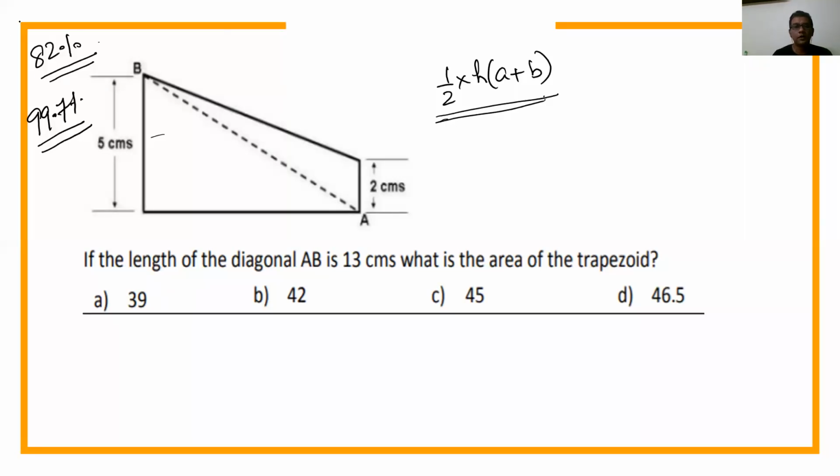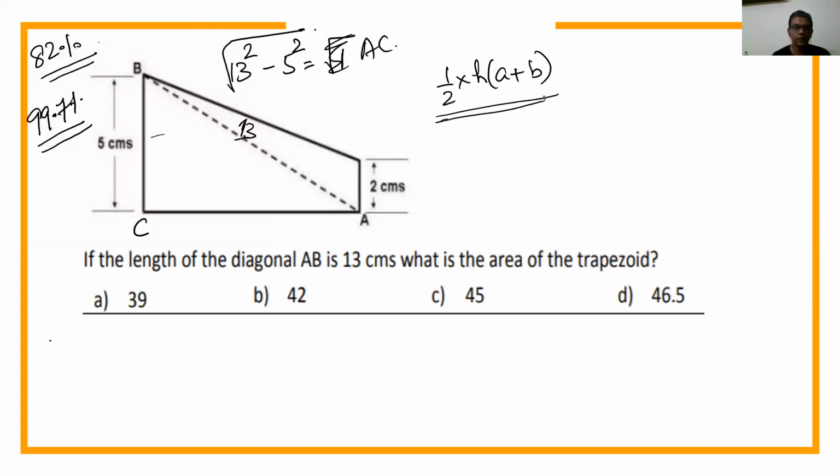So now the point is, I know that the AB line here is 13. And I also know that if I mark this as C, ABC or ACB is a right angle triangle. Correct? So all of you will agree that if it is a right angle triangle, the Pythagoras theorem says that 13 square minus 5 square, the square root of this, is nothing but AC. All of you agree to it.